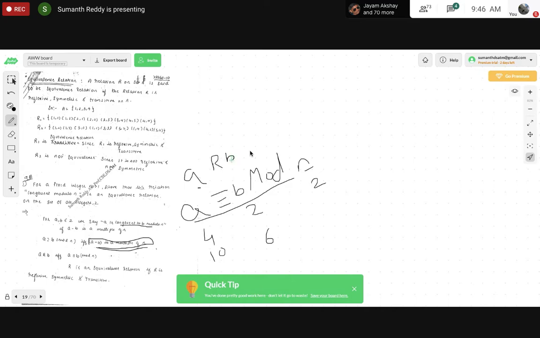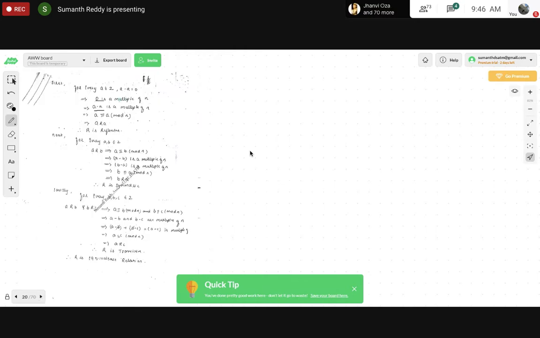Students, it might be a little bit confusing, but once we solve one or two problems, you will understand better. But please keep focusing. What I'm trying to tell is, if 0 is a multiple of n, and 0 can be written as A minus A, and if A minus A is a multiple of n, I can write A is congruent modulo A mod n, because if A minus B is a multiple of n, obviously I can write A is congruent modulo B mod n. In the similar way, in place of B I have A, but it doesn't matter. I can write it as A is congruent modulo A mod n, and that is the relation that we are checking.